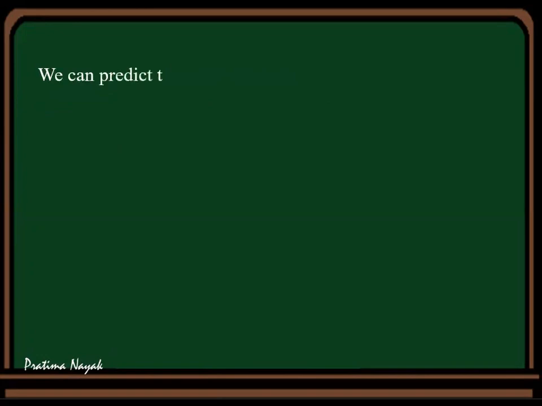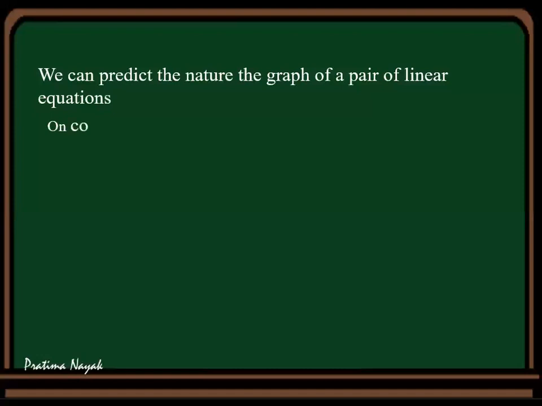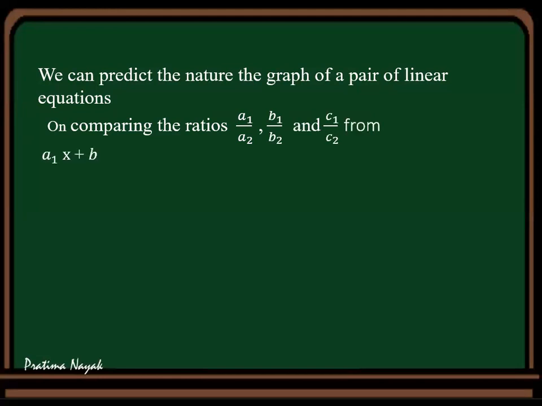We can predict the nature of the graph of a pair of linear equations on comparing the ratios of a1, a2, b1, b2 and c1, c2 when they are given in the form a1x plus b1y plus c1 is equal to 0 and a2x plus b2y plus c2 is equal to 0. That means a1, a2 are the coefficients of x, b1, b2 are coefficients of y, and c1, c2